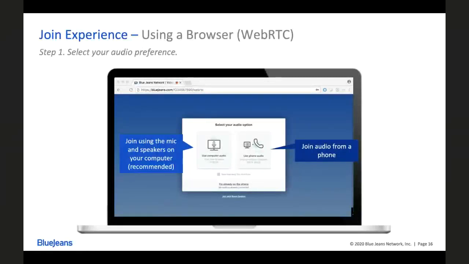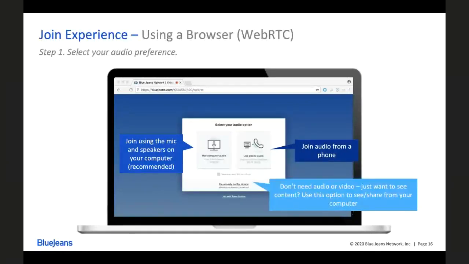All the toll numbers are free. If your organization has purchased toll-free numbers, you'll see them there as well. But if it's the toll, we got you covered. We take care of that. And last but not least is that I'm already on the phone,